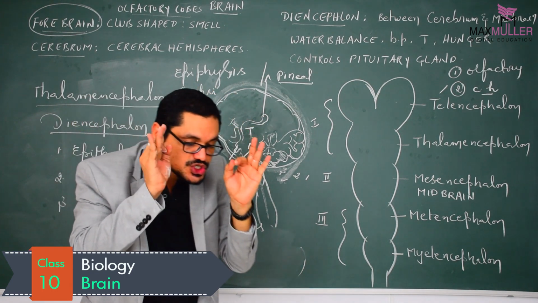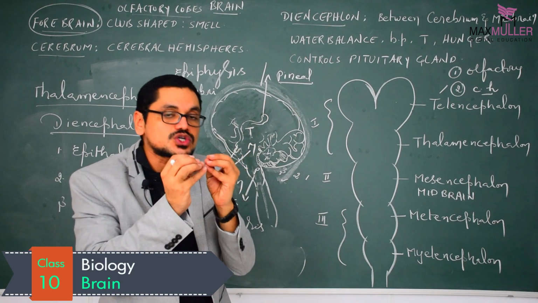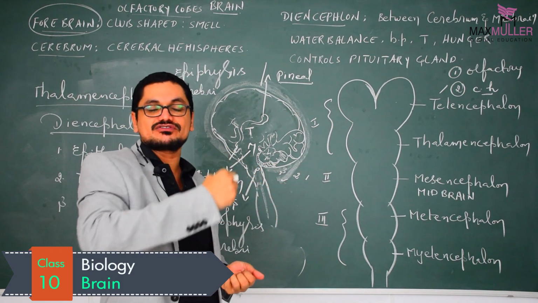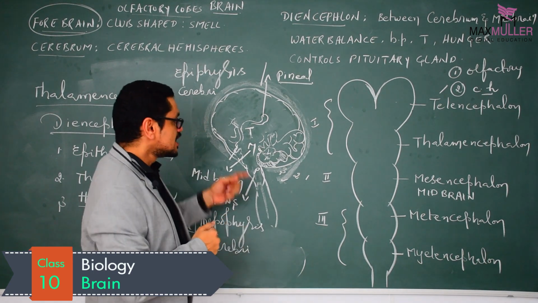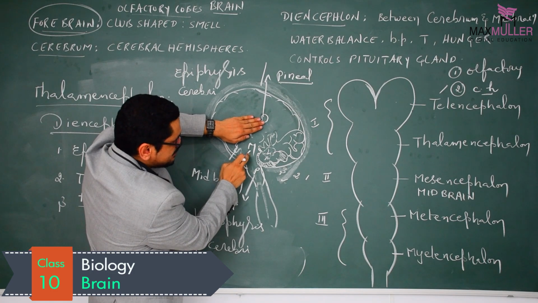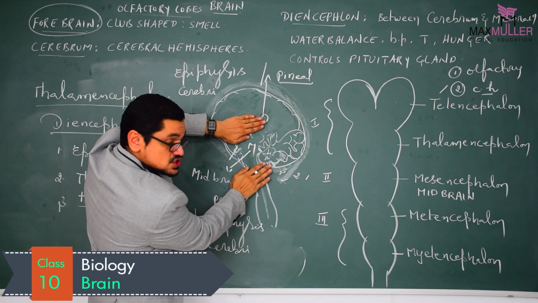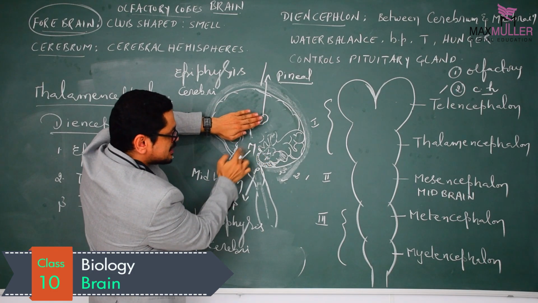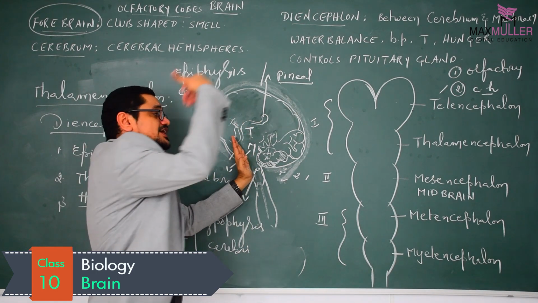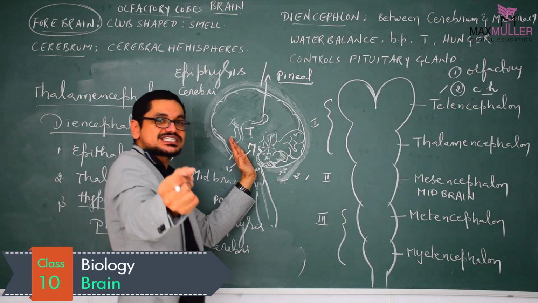Students, you should know the address of the brain. Each and every part of the brain has its own address. So midbrain is present between thalamus and pons. That is the midbrain. And if you observe the dorsal surface of the midbrain, students, see here,